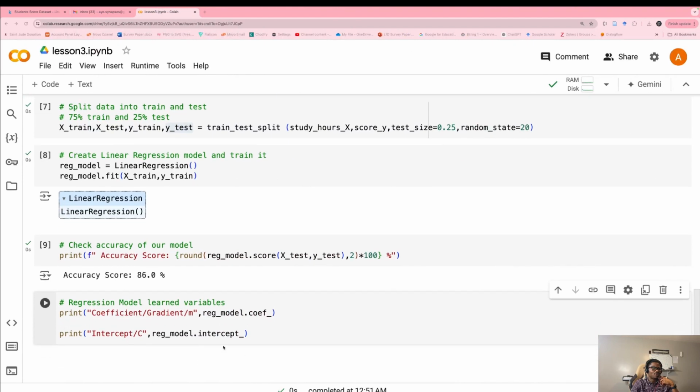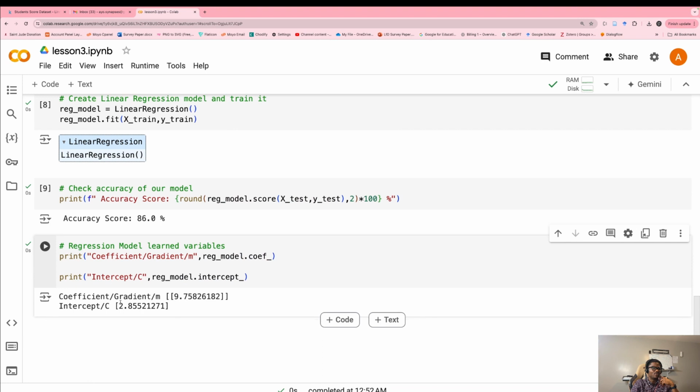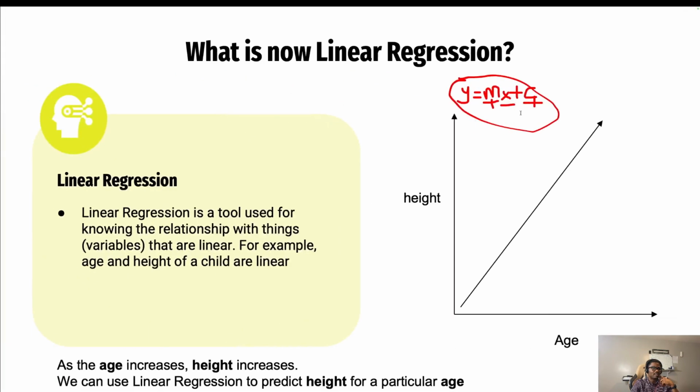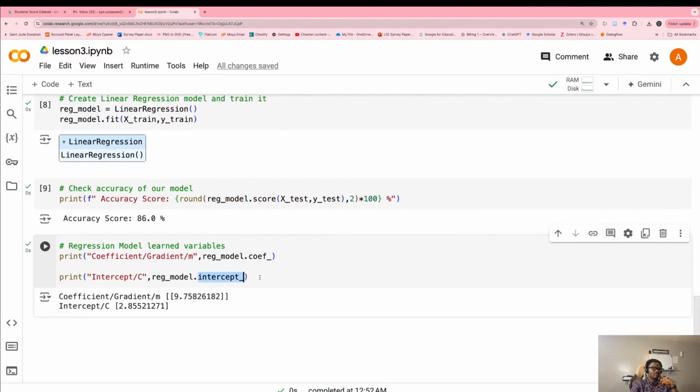That is what this means. So our linear regression is able to give us the value of m and also the value of c. This is the coefficient, which is the slope, m, and the intercept, and that is what is calculated here. Again, if you don't understand, fine, just write this code and you see the result in here.